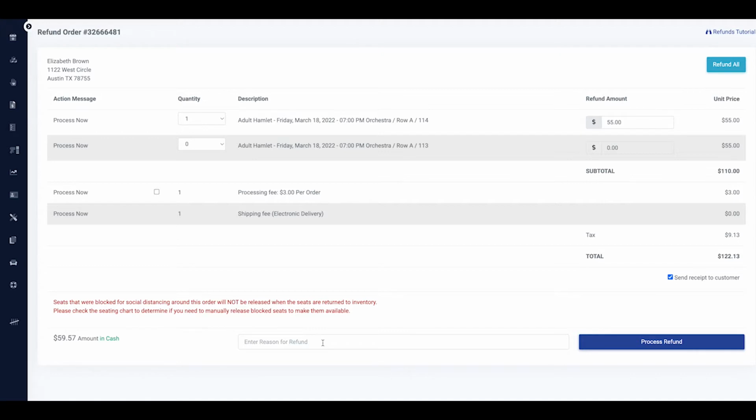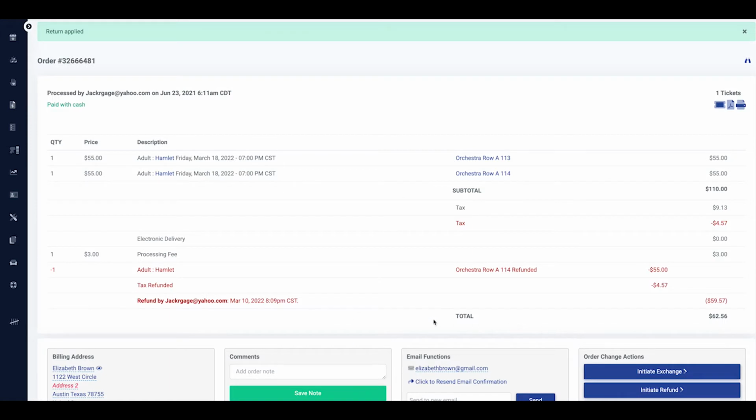You should only mark your refund as an external refund if you provided a refund either in cash, check, or directly to the credit card through your payment gateway. This ensures that your reports in ThunderTix are accurate and up to date if monetary refunds are processed outside of ThunderTix. Once ready, click here on Process Refund. This will automatically return the tickets and applicable seats back into your inventory, enabling them to be repurchased.